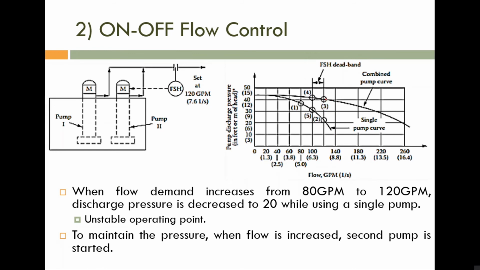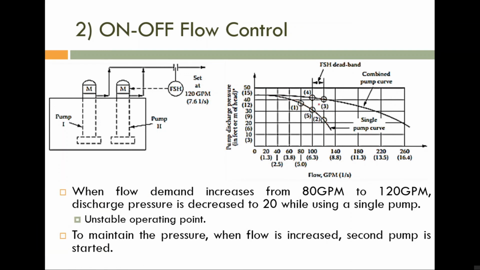Once the flow rate is decreasing, both pumps are working, so the curve will follow this combined curve up to operating point 4. Once the flow rate is less than or equal to this flow rate, that is 100 GPM, means after this dead band, then the second pump is stopped, so the curve will shift to a single curve. This one is a single curve, and this one is the curve of pump 1. Okay, if you are stopping the second pump, then the combined curve is not there. We have only the single curve. So the operating point is shifted from 4 to 5. Okay, so this one is a dead band.